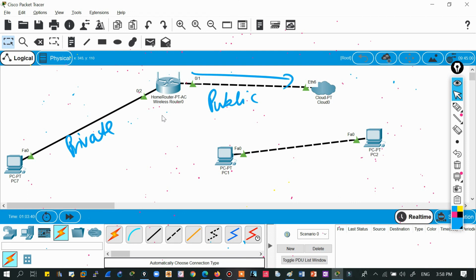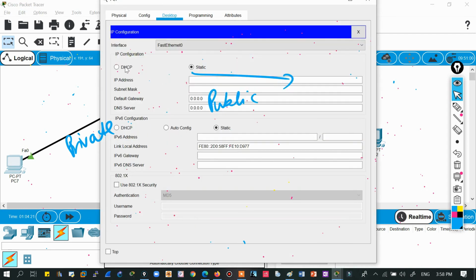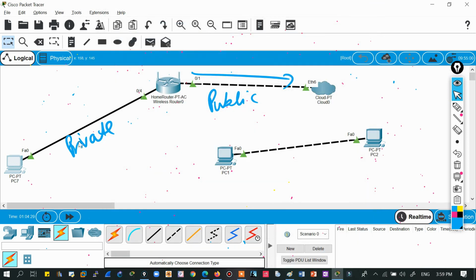Maybe I'm using some wrong port for that. Okay, so let's connect this to gigabit ethernet 0/4, fast forward, and if I again go to DHCP, okay, like that, perfect. So this is the private address we are having on this side, and maybe this is the example of one company. And okay, so let me delete this one.